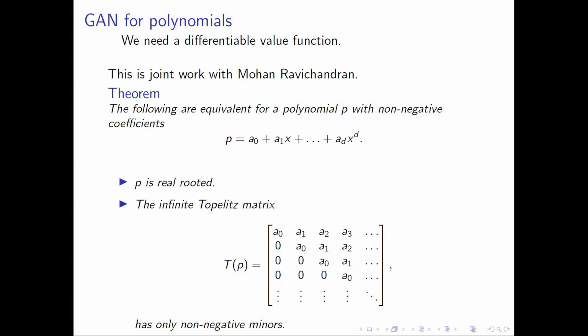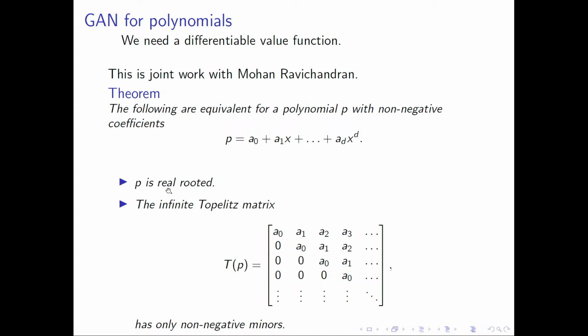we talked with Mohan Ravichandran from Boğaziçi University, and this is joint work with Mohan Ravichandran. We focus on a theorem. This theorem says something about finding real-rooted polynomials with non-negative coefficients. For example, here we have a degree D polynomial, and all the a_i are non-negative numbers. And the theorem says